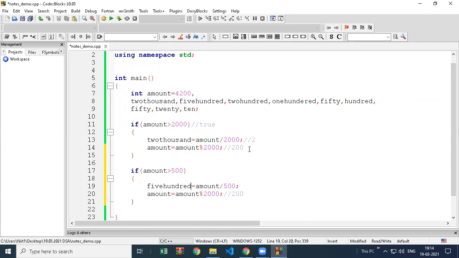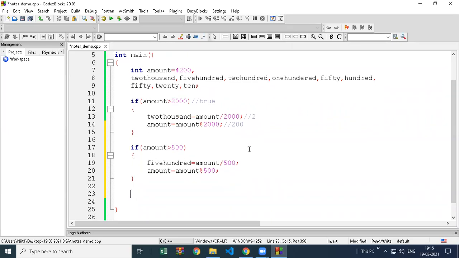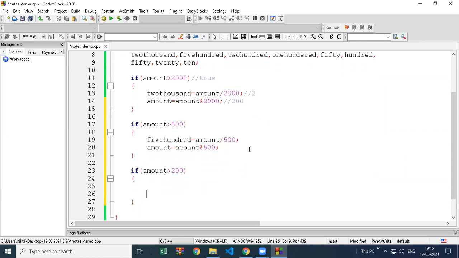Or if you want, you can just print it. Yeah, we can also print it there. And then here divide by 500. Then the remaining amount will carry forward and again check whether it is more than 200. If it is more than 200, same thing. So of course you can put a loop or something later, but currently I'm putting multiple ifs.